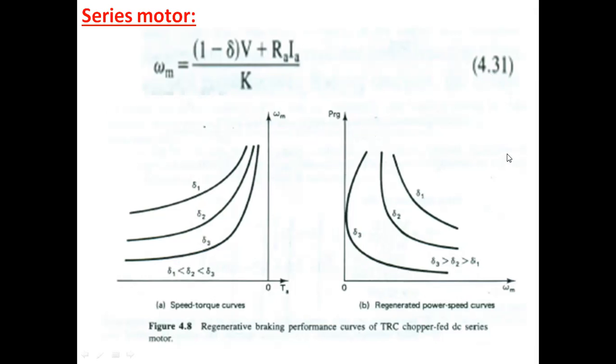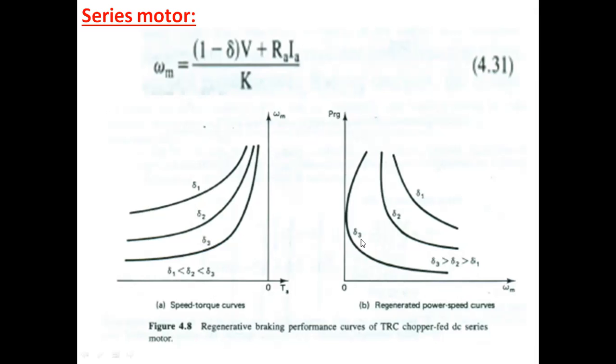So these speed torque curves are suitable for stopping a motor, and these are not suitable for holding an active load, because the positive slope drives the motor to the unstable mode. So these are used for stopping the motor, that's all. These are not used for holding an active load, because of the positive slope the drive becomes unstable.